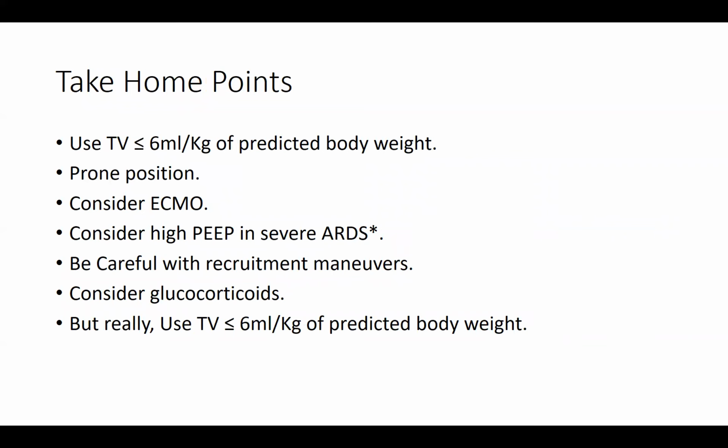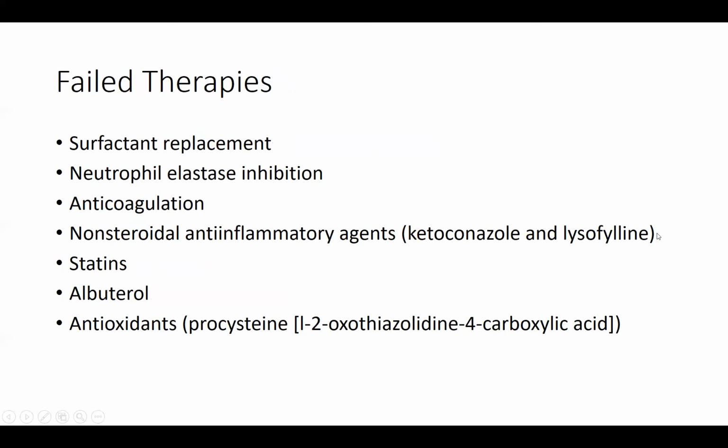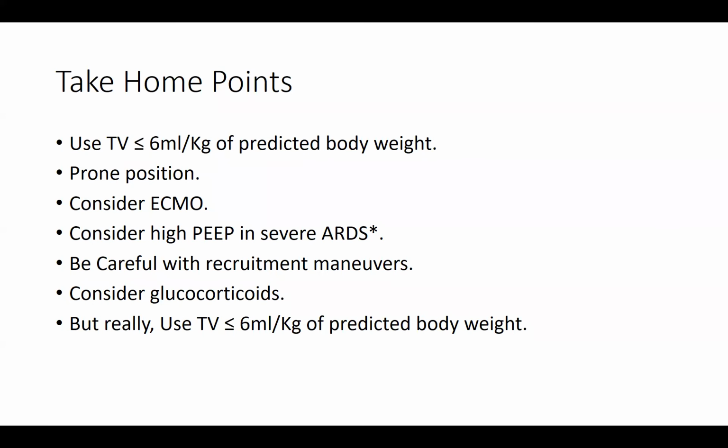So final thoughts, remember low tidal volume, prone position, consider ECMO, consider high PEEP in severe ARDS with caveats. Be careful with recruitment maneuvers. Consider steroids, but really low tidal volumes. I would point out that an editorial came out by Dr. Martin Tobin, who's one of the authorities on mechanical ventilation, that was titled The Dethroning of 6 cc's per kg. The title is unsettling,